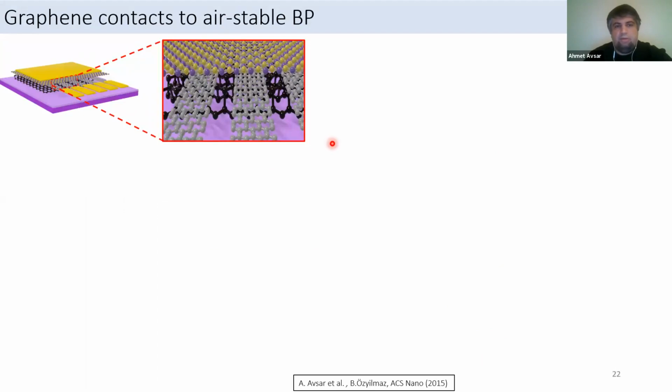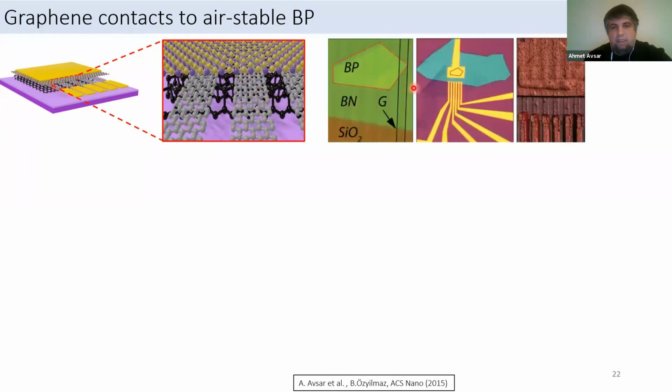So I wanted to always think about how to make devices based on that, because if you cannot use it, there is no point in making it air stable. So here I came up with the idea of using graphene as an electrode and encapsulating with the hBN. Everything was done in the glove box, and then after we take it out, since it's fully shielded, we just do the lithography to